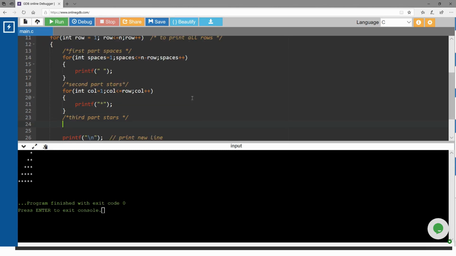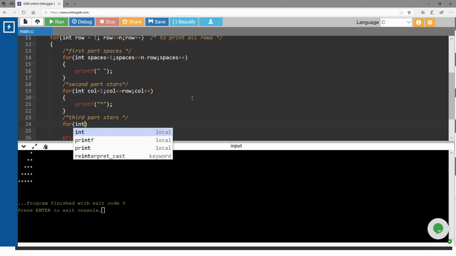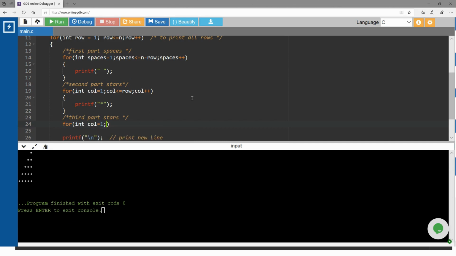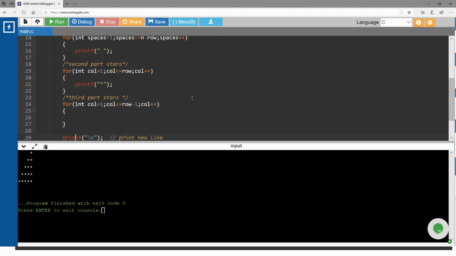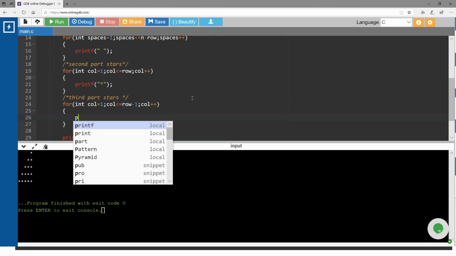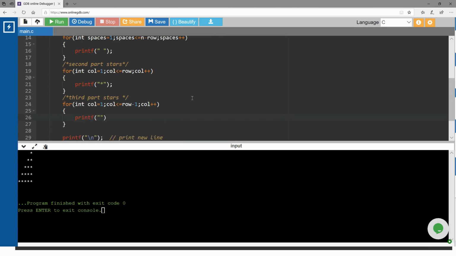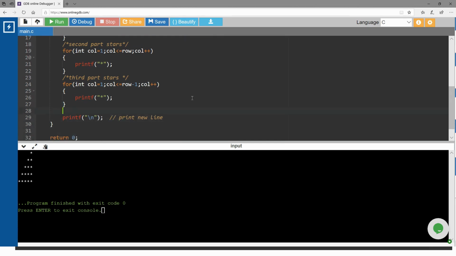Let's print the third part. For int column equal to 1, column less than or equal to row minus 1, column plus plus, printf, just simply print a star. I think that should be enough. Let's review the code once.